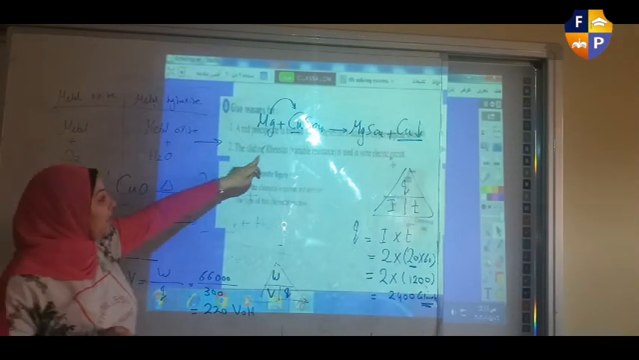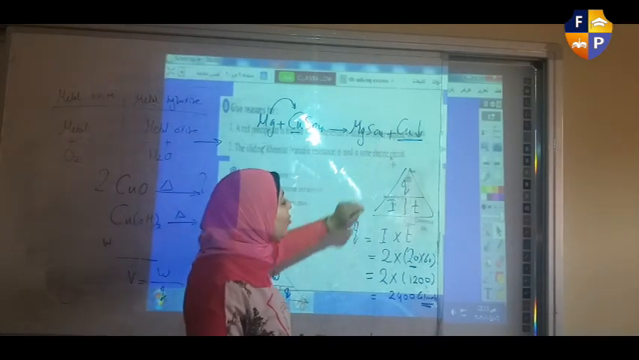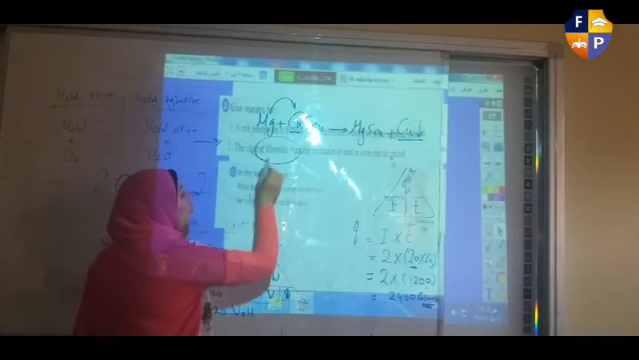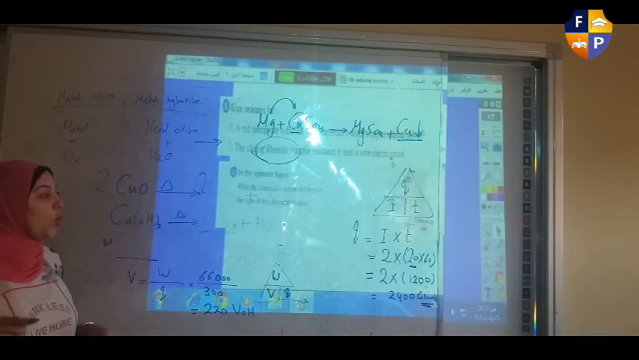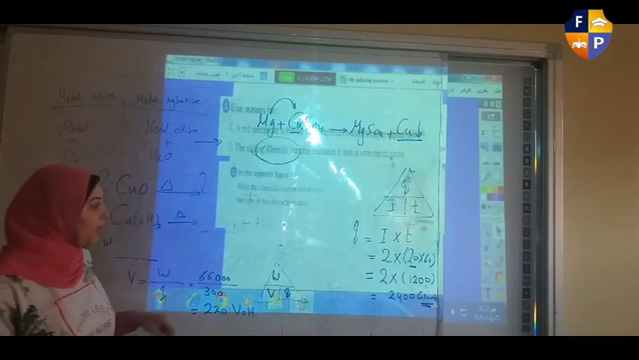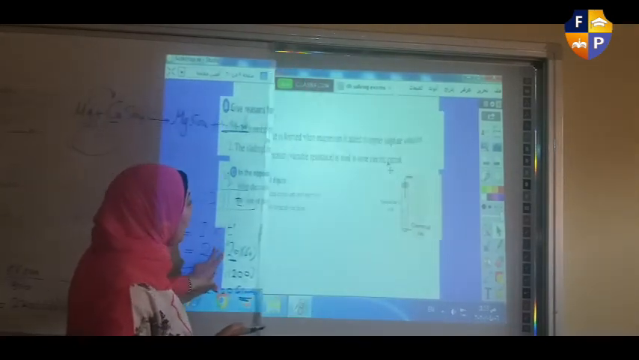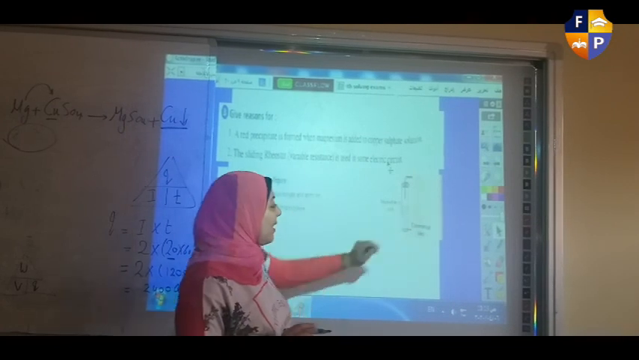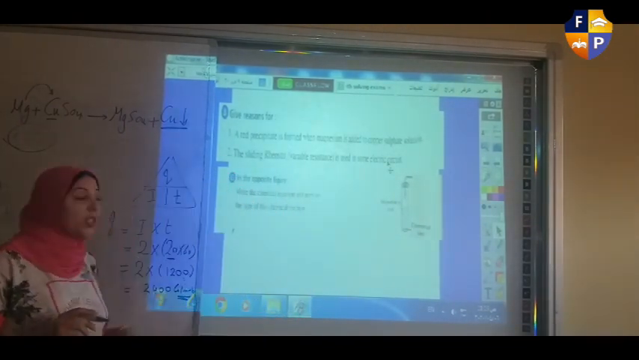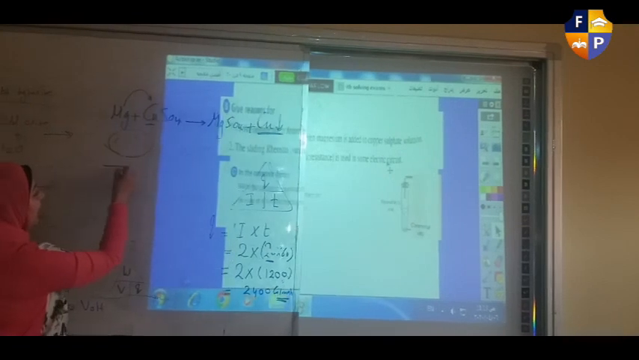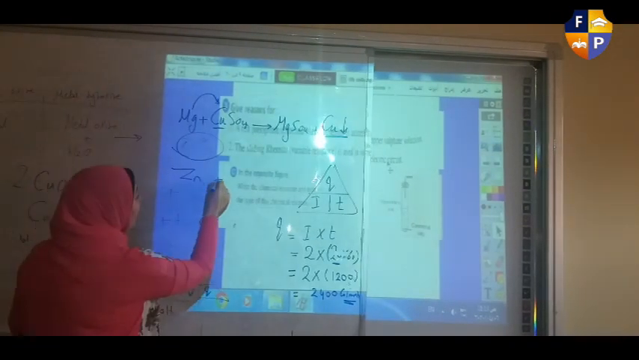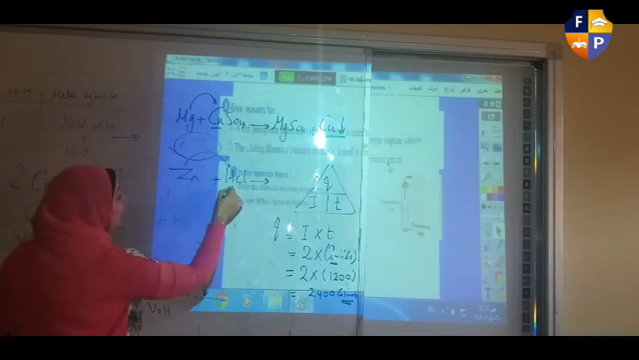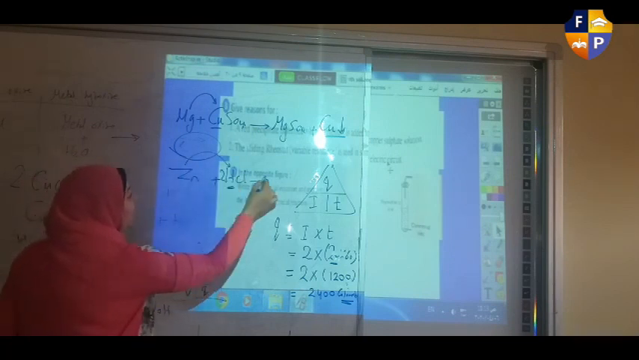The sliding rheostat, a variable resistance, is used in some electric circuits. While using the rheostat, we control current intensity or potential difference. Okay? Who can tell me, by adding zinc to hydrochloric acid, what is the type of this reaction? We know that zinc is an element and hydrochloric acid is a compound. So zinc will replace hydrogen, forming zinc